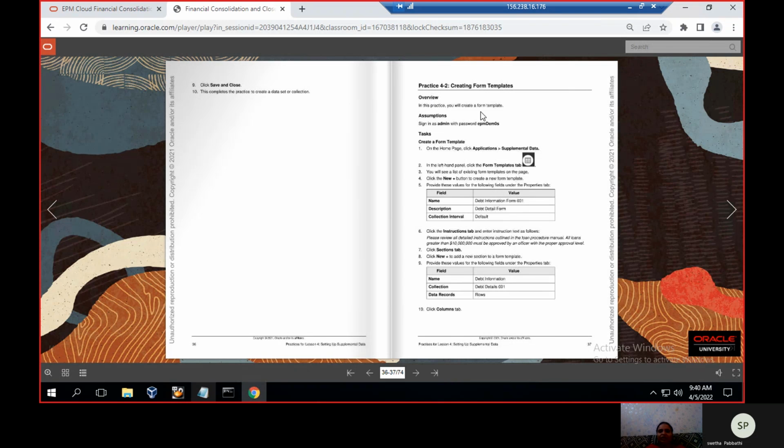Practice 4-2, creating from the templates. Sign in as admin with the password. On the home page, click the application supplemental data, and then click on the from templates tab. Then see how the templates appear, then click on new and give the necessary data, and then click on the instructions tab, select the tab, create a new one, click on the columns tab